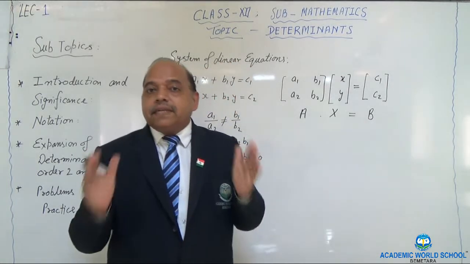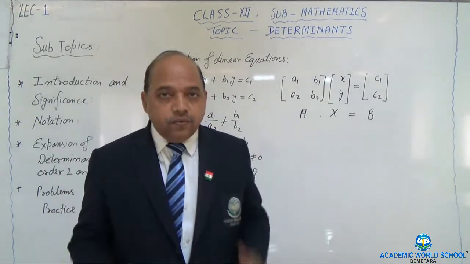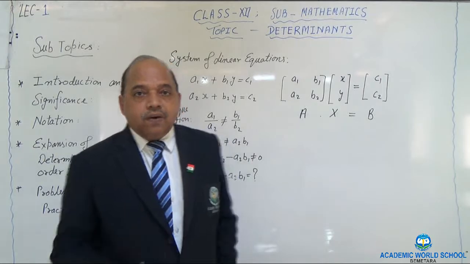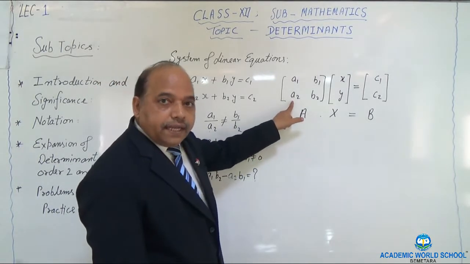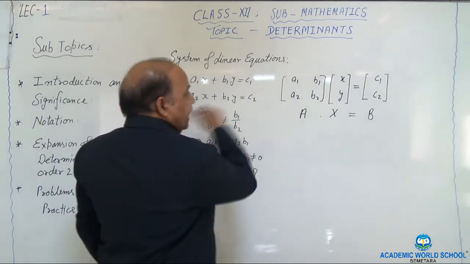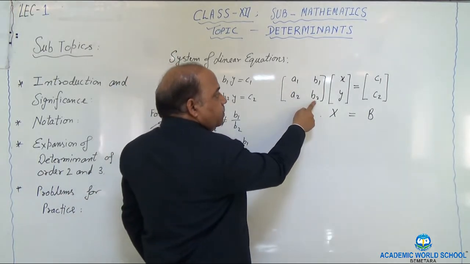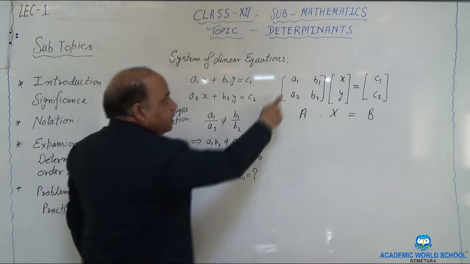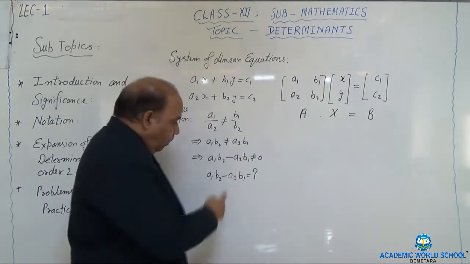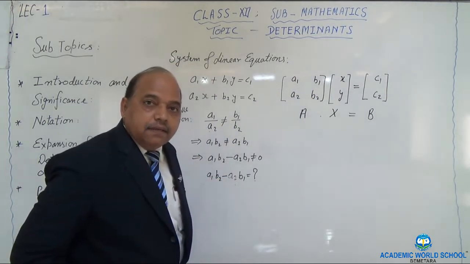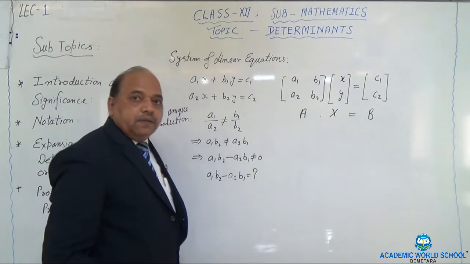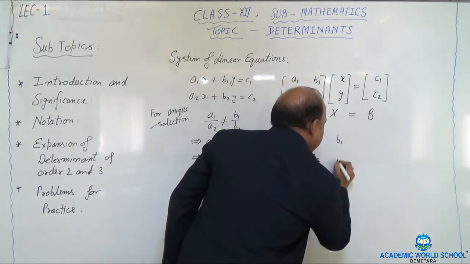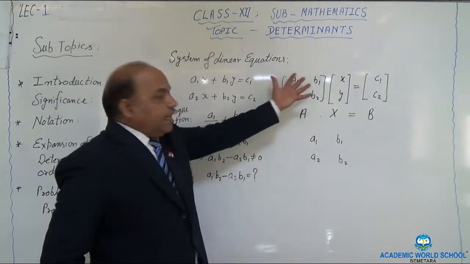What is a matrix? A matrix doesn't have its own value. A matrix is simply an arrangement of numbers. So now, if I look at this very carefully, what is written? If I multiply A1 by B2 and A2 by B1, look at this, A1, B2, A2, B1. The only thing is how to get the minus sign. Otherwise, we are getting everything. So you can say that this A1, A2, B1, B2 is the arrangement of these numbers.